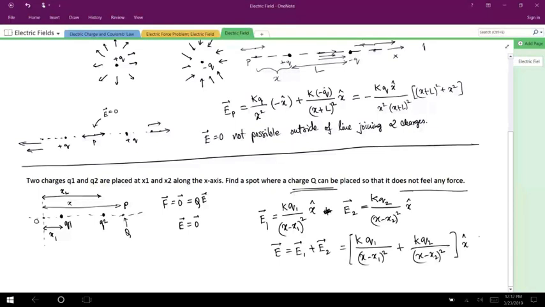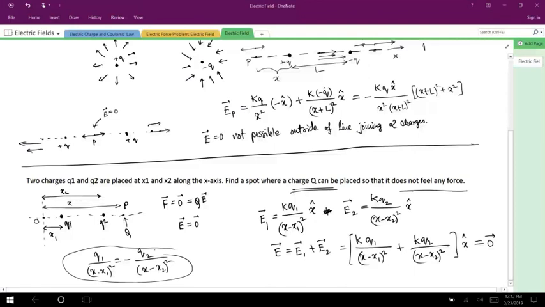Okay, so now if this electric field has to be 0 vector, x hat is not 0, and k is also not 0. So we get an expression that looks like q1 over (x minus x1) squared is equal to negative q2 over (x minus x2) squared. Okay, and this is a quadratic equation that we can now solve. Quadratic solve to figure out